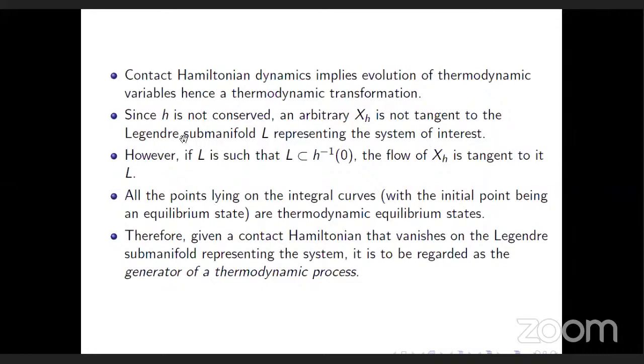However, if L actually is a subset of the level surface H equals zero, that is, if you choose carefully a contact Hamiltonian which vanishes on the Legendre submanifold, the space of equilibrium states, it may not be vanishing everywhere, but on that space of equilibrium states at least it vanishes, then the contact vector field, if at the initial point we choose on that surface, on the L surface, it's actually going to stay on that surface throughout its